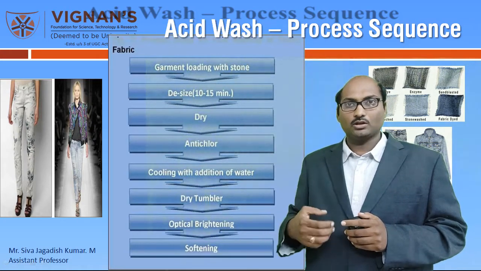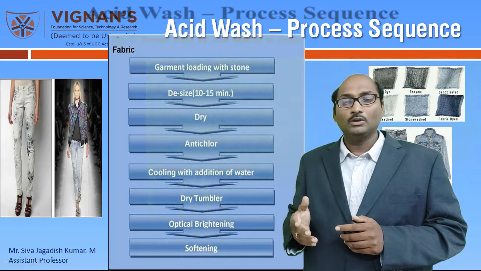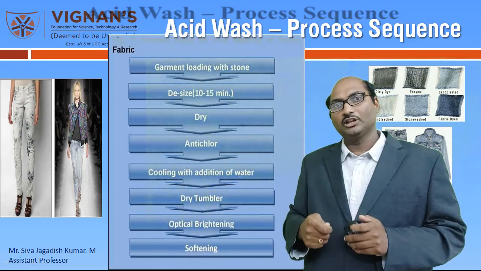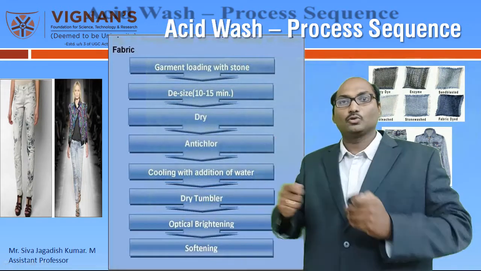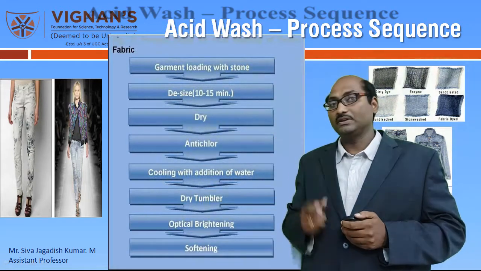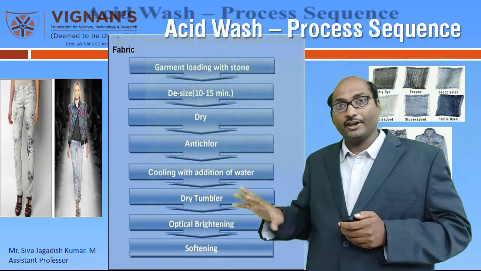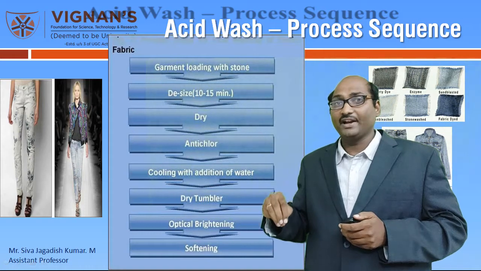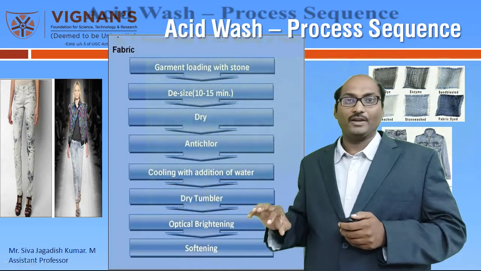As in the normal wash, you know how the optical brightening, OBA or Robin blue, is used once the washing is done completely. At the end, the garment is dipped in OBA and removed so that the brightness is improved. Similarly here, once the drying is done, the OBA is added with water. Then a softener may also be added.